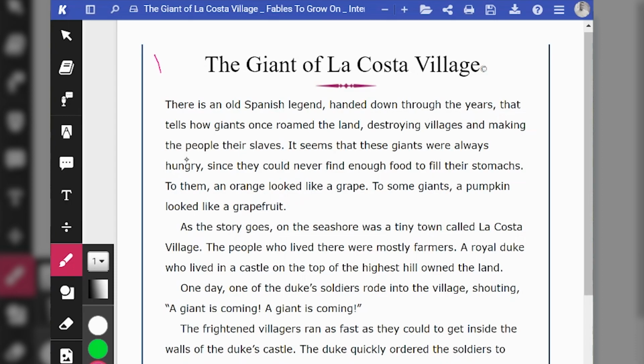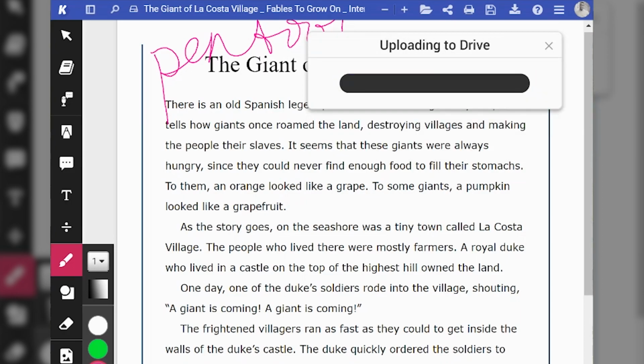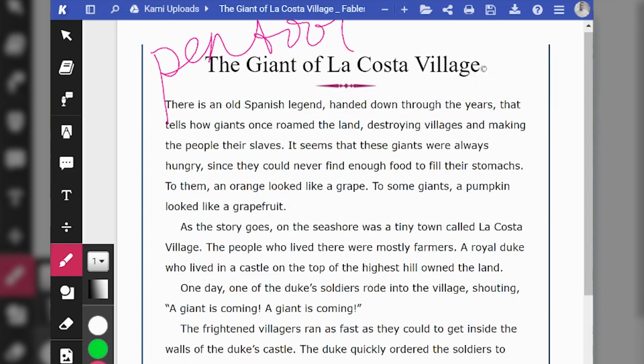And so with my pen tool, I can use a touch screen. Automatically, when you make your first edit, it'll give you a little pop-up. Do you want to save this to Drive? I love that about Kami, because when you save it to Drive, it's automatically archiving this with your annotations into